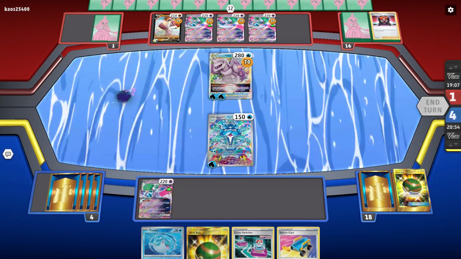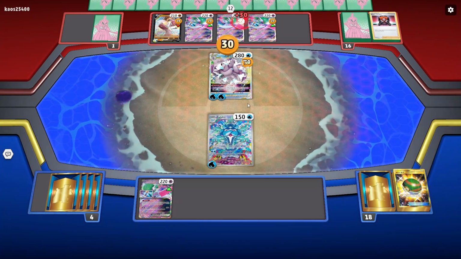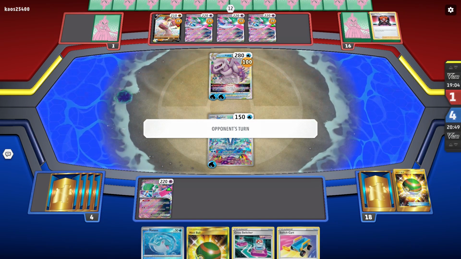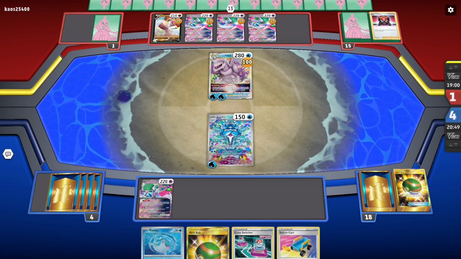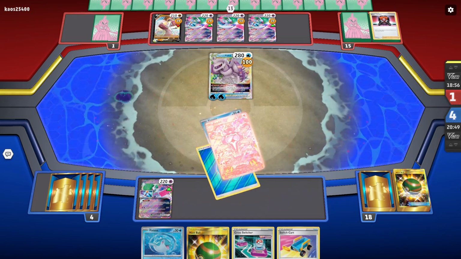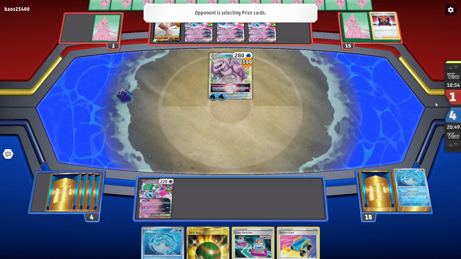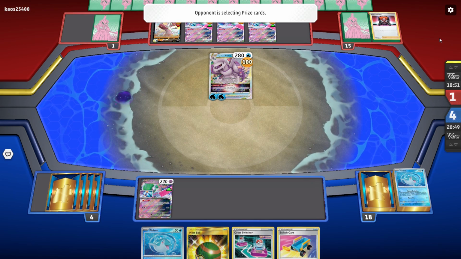I mean, it's not much I can do here. I'm just gonna accept my fate and jet punch this thing. Because all I was gonna do is wait, and then he was gonna either boss me out for a third time, or just wait 2 turns and kill me. And I unfortunately just did not draw what I needed to at the end of that game. Got kind of stuck, unfortunately,